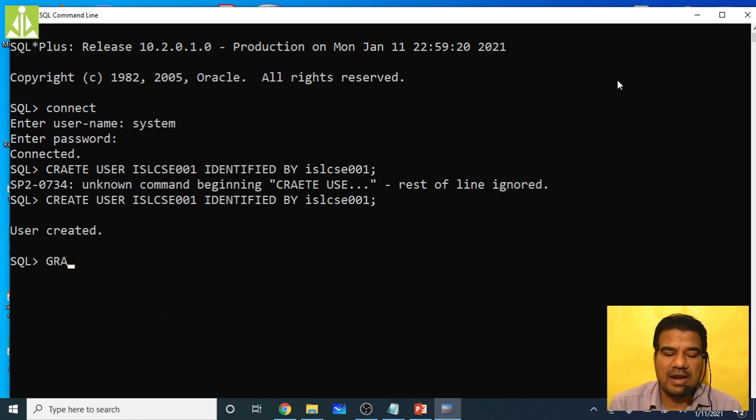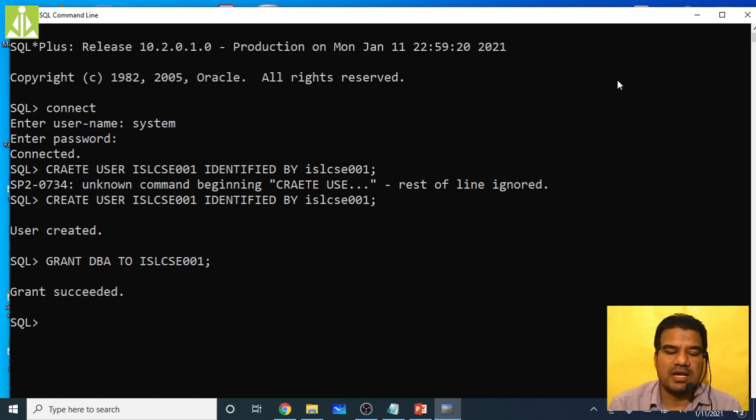Simply use the grant command. Grant DBA. DBA stands for database administrator. Grant DBA to ISL CSC 001, like this. At the end, put the semicolon and hit the enter key.